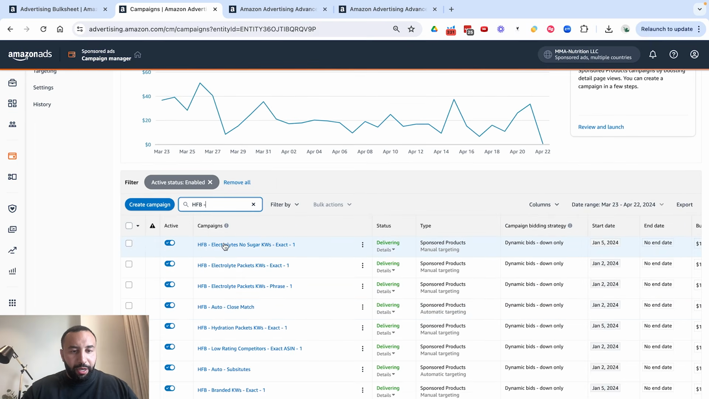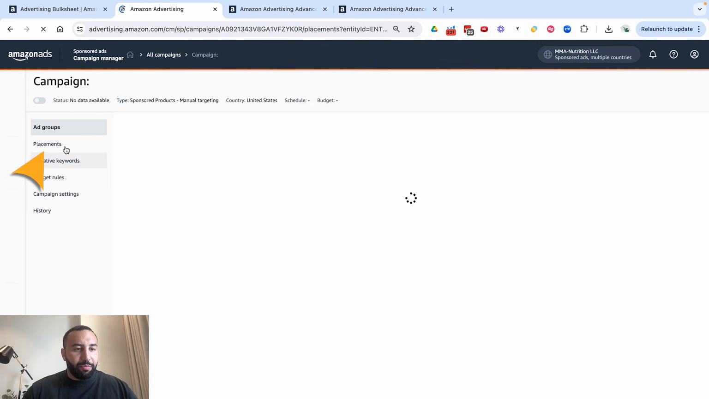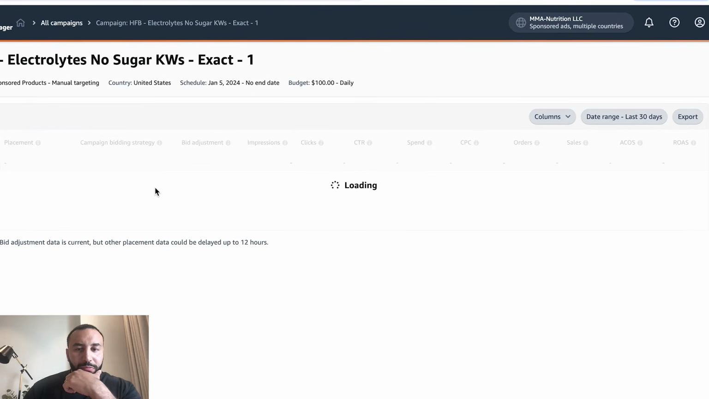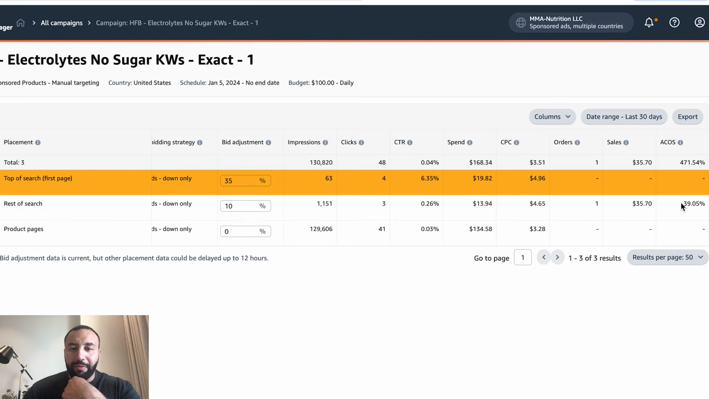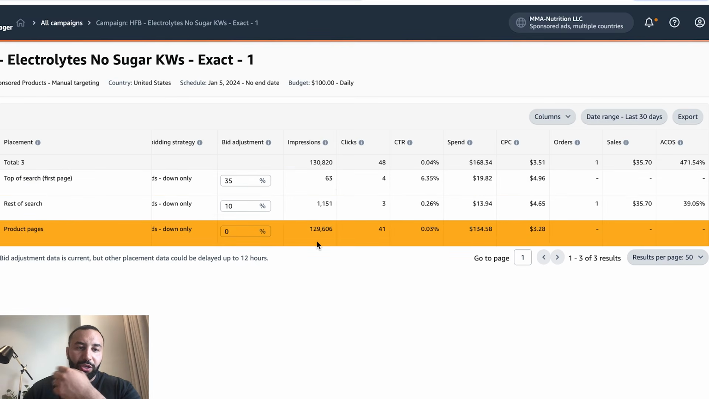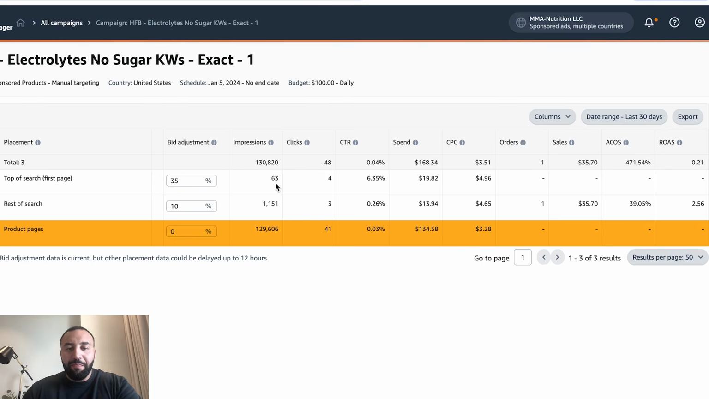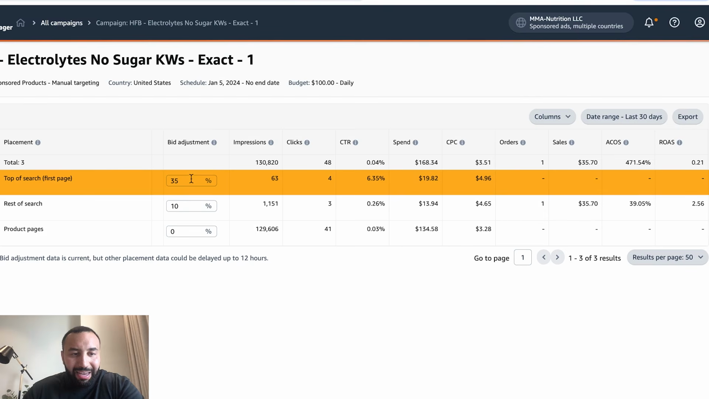And I can easily open up this campaign, click on placements, and now here it's going to show me the placements, right? And so it looks like in rest of search, it performs 2.56. In top of search, it barely gets any impressions. Product pages, it gets a lot of impressions. So this might be a case where I leave it as is, but if top of search, for example, had a really good ROAS, better than rest of search and product pages,